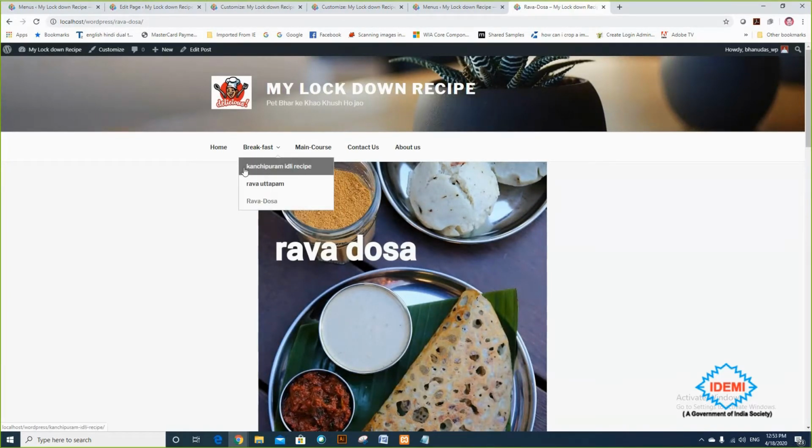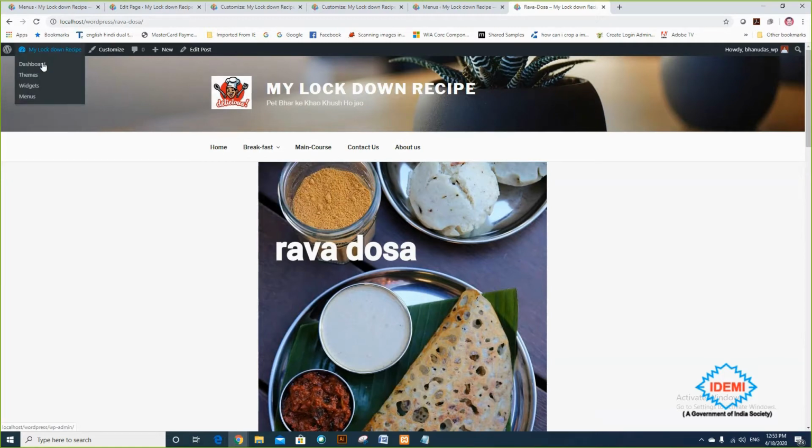Okay, so the above menus are based on the pages and the sub menus are based on the post. So you can add anything from the menu and you can create the menu the way you want. Your menu may be based on pages or it may be created based on posts.